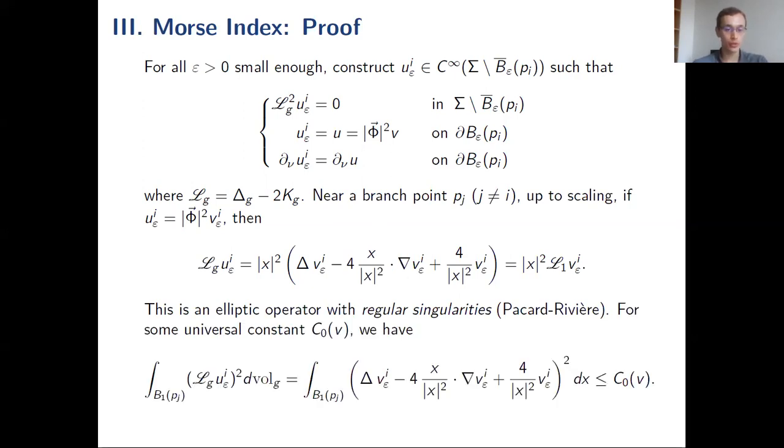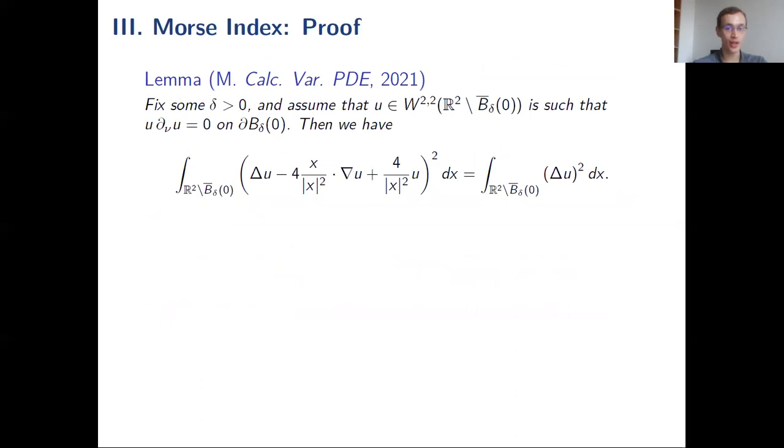And we can show by a direct estimate that this quantity will be finite, will be uniformly bounded near the ends. That's good, but we want to know more, and a lemma will come to help. If you integrate this quantity, the integral of the operator squared is the same as the integral of the Laplacian squared, if the function or its normal derivative vanishes on the boundary.